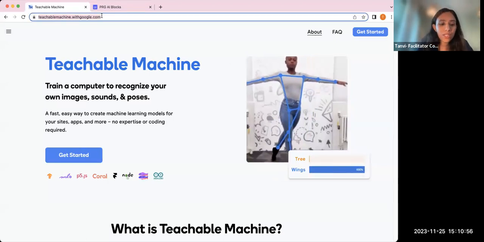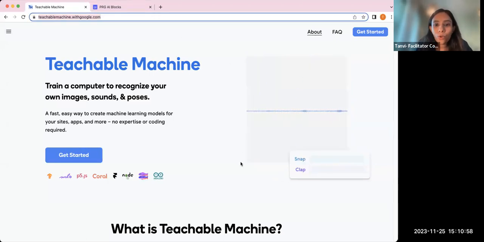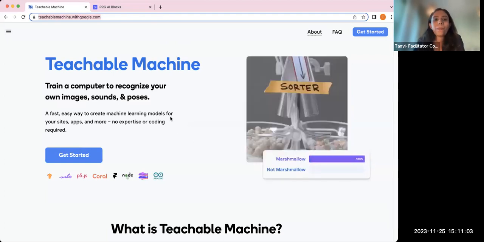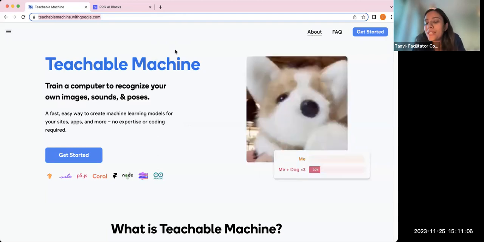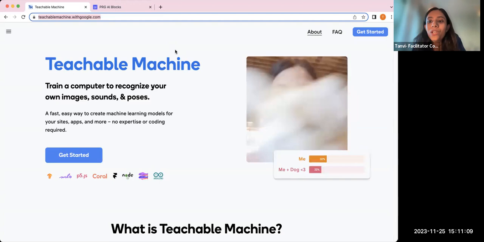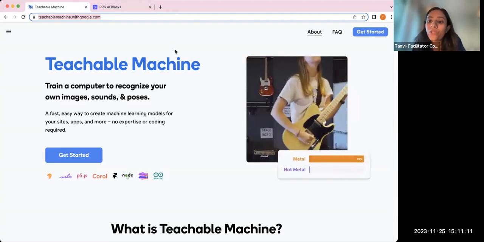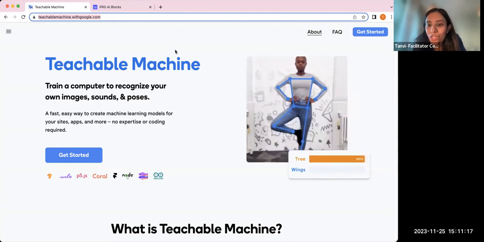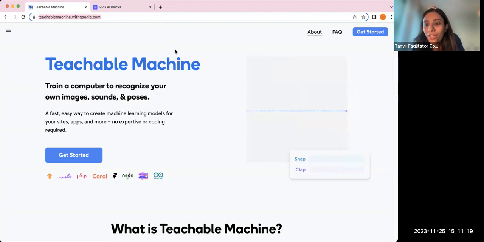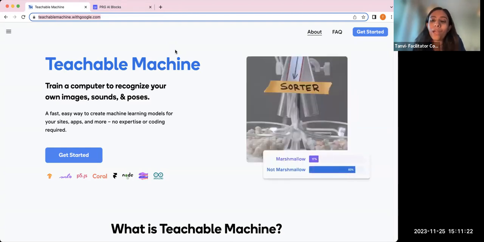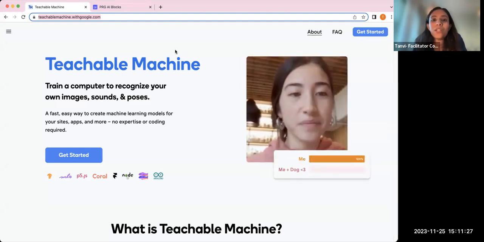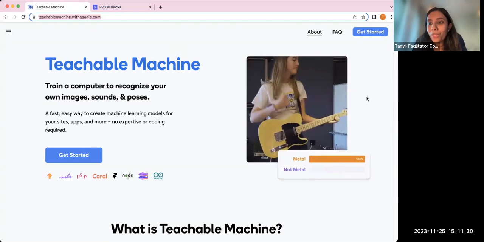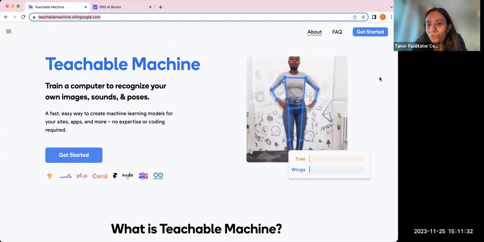Now, once again, I'm putting this in the chat, so if anybody wants to also open it at the same time and follow along, just make sure that when you are accessing the website, Teachable Machine will ask you to allow permissions for the webcam. Please allow it to do so. Also, while you are training on Teachable Machine, make sure to keep your video off. Currently, because you are on a Zoom call, your video might be on. So if you are, just switch it off so that it doesn't interfere with the webcam on the same platform. Okay, so I'm going to put my video off for a little while